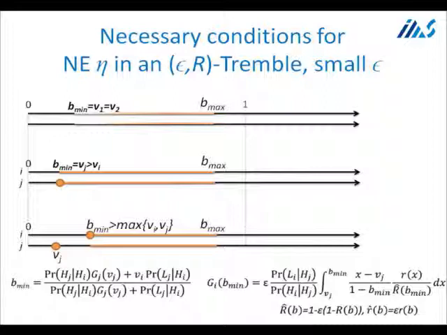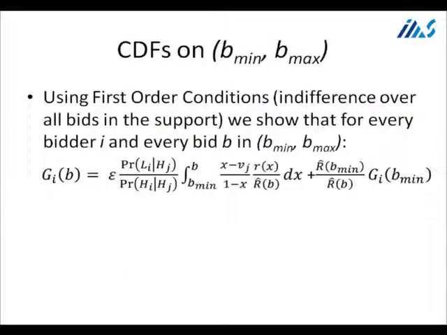And the important thing about this is that it goes to 0 when epsilon goes to 0. So the exact formula doesn't matter so much, but what you see in all these three possible options is that agent I's atom goes to 0 as epsilon goes to 0. And if you recall the tremble-robust equilibrium that we predict, agent 1 is actually going to bid H1 with probability 1. So he has no atom below 1. OK. This first case can only happen if and only if agents are symmetric. So that's not very interesting.